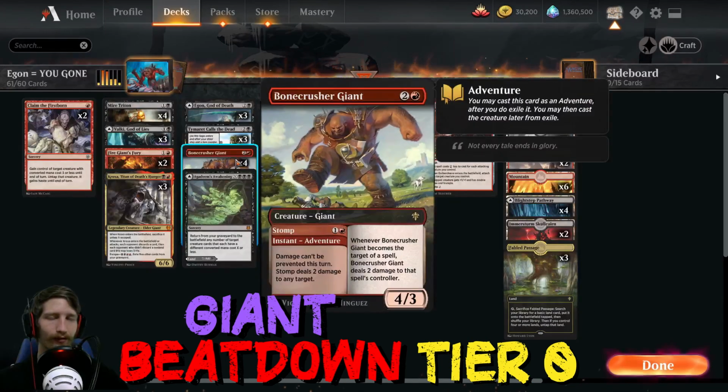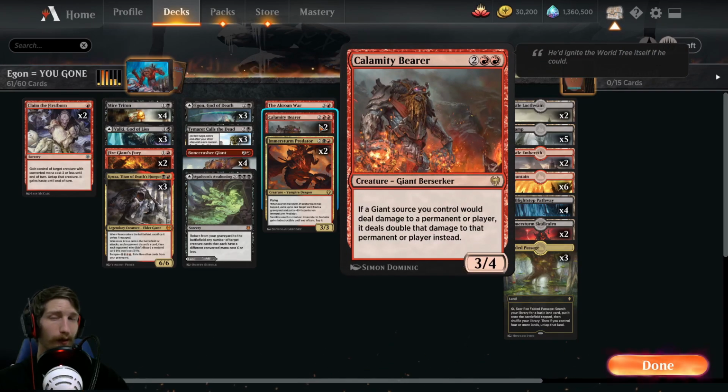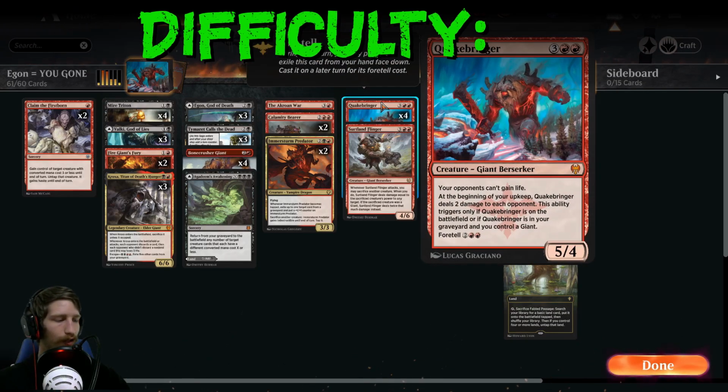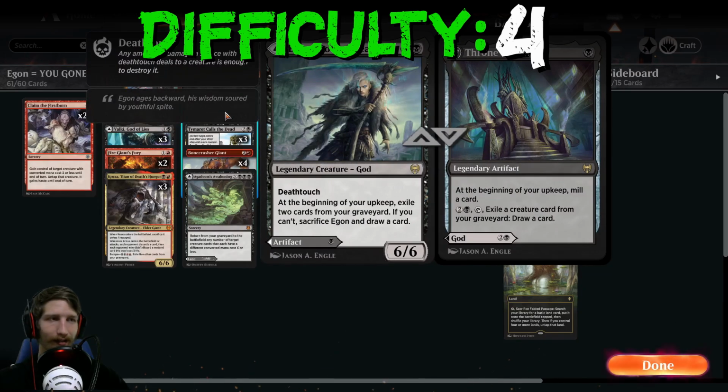So we also have Rakdos mid-range giants. We have Surtland Flinger, going to be flinging some giants for double damage. If that wasn't enough, we have Calamity Bearer to double that damage again, quadruple damage, hello. And then we have Quakebringer to deal that extra damage from the graveyard or from the field, wherever it may be. Now, diving into this deck, Egon is the main focus, or rather one of the main focuses, as this